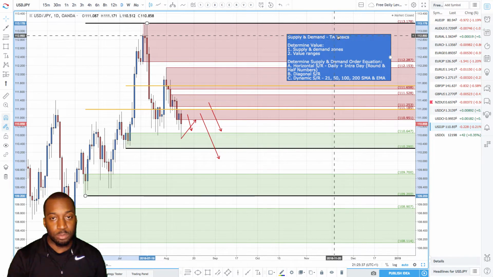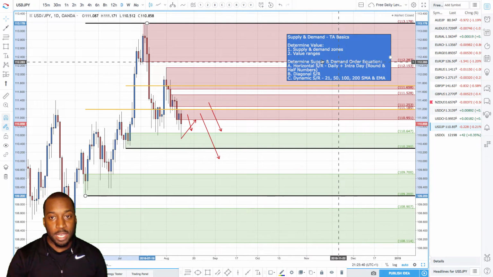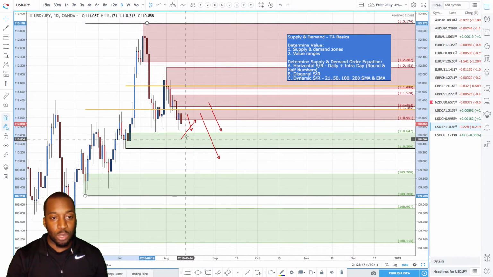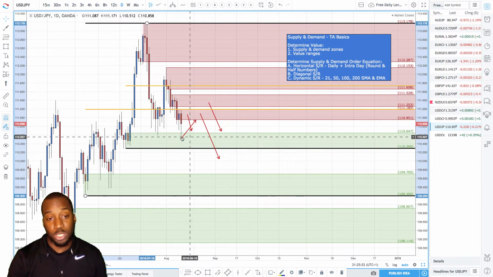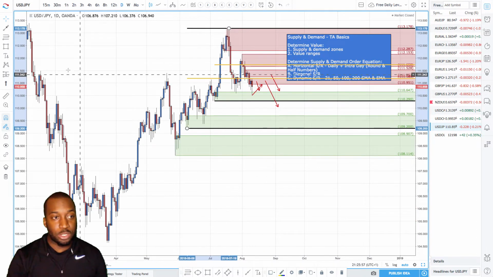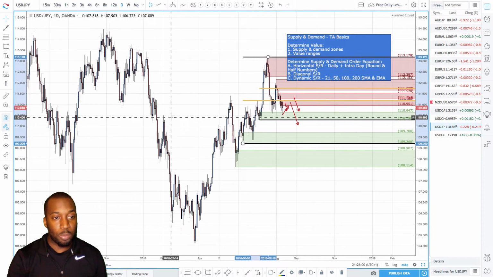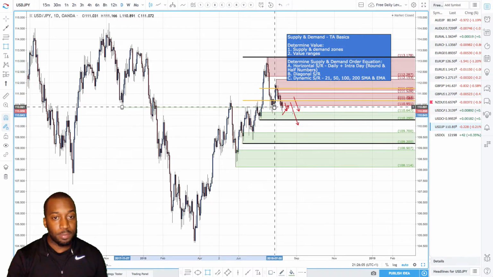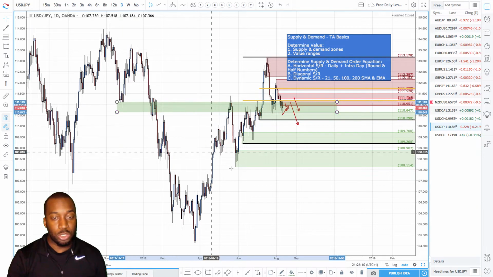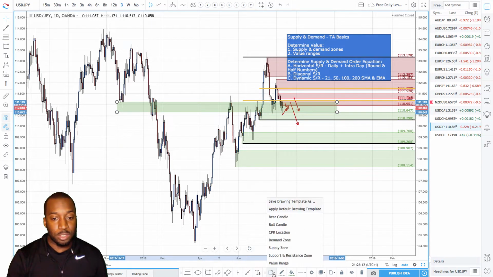This is just some TA basics on supply and demand. Then what we do is we determine the supply and demand order equation, which is basically just seeing where other traders may be looking to take buy and sell trades, which adds to the supply and demand order equation. So we look for horizontal support and resistance. For example, we have a level around here, and why would we draw it around there? It's really simply because other traders trade